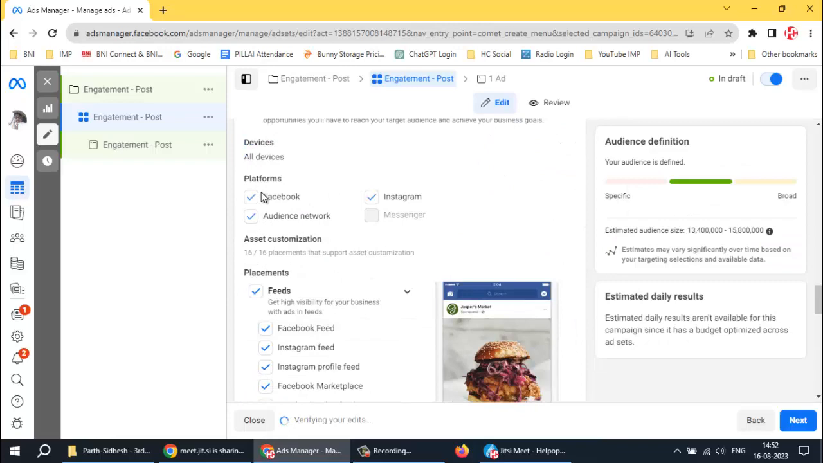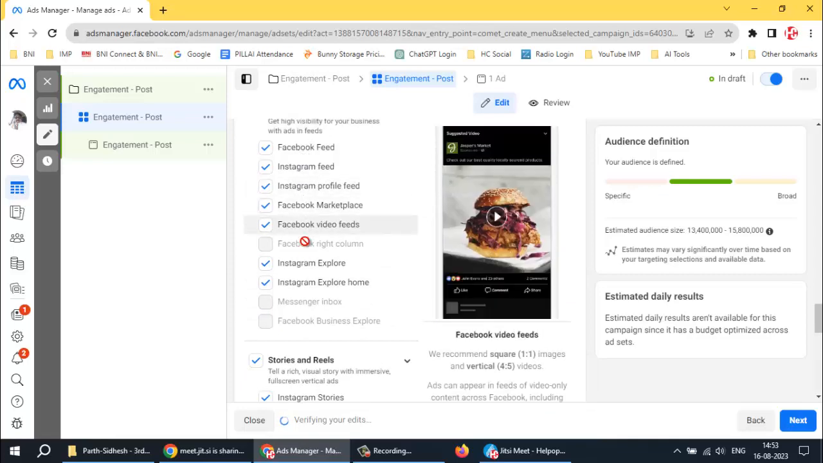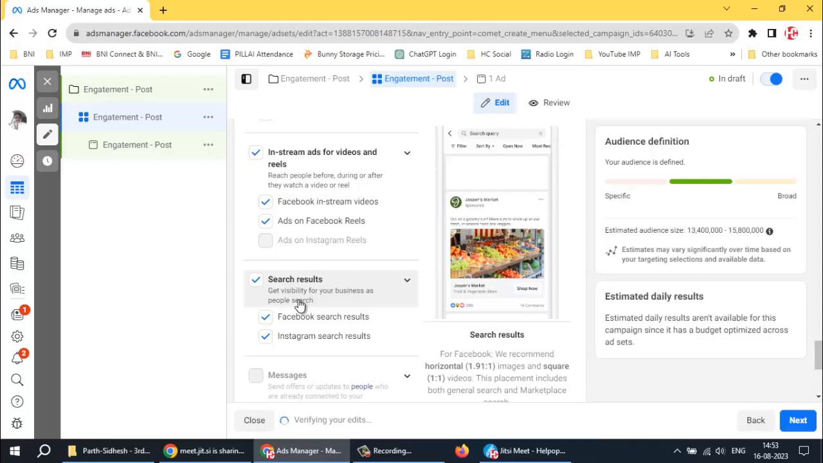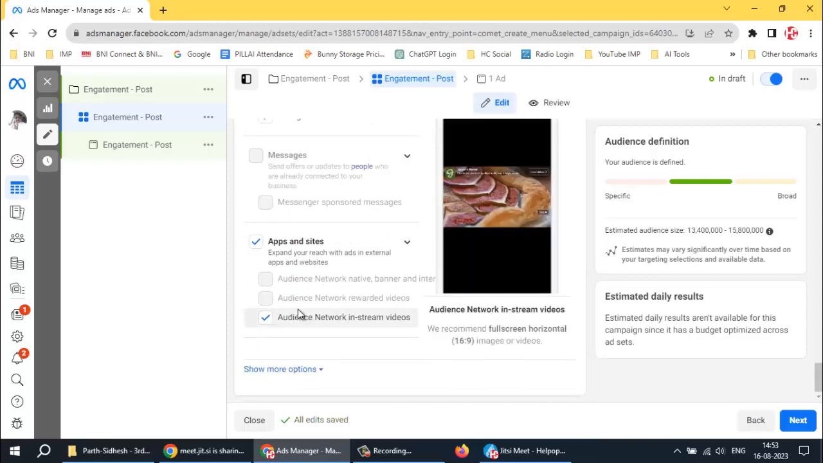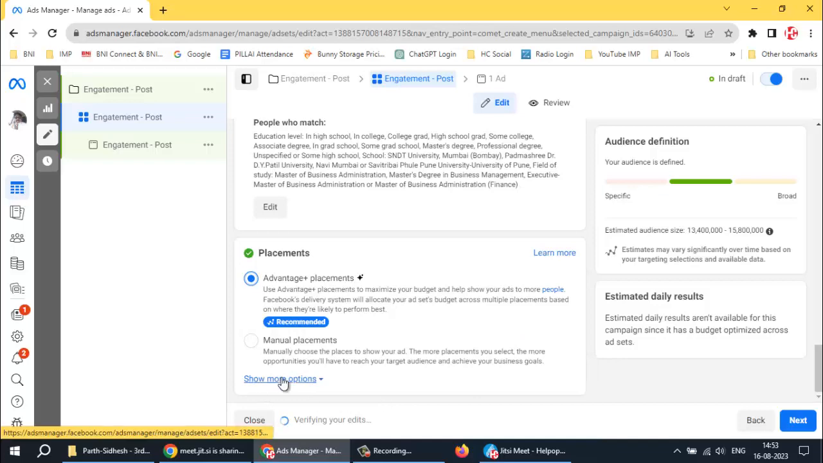So my ads will be coming up on Facebook, Instagram and Audience Network. So this is it, and these are the formats of the placements where my ads will be coming up. Once I have selected, then I can switch back to Advantage+ placements, and after that show more options,